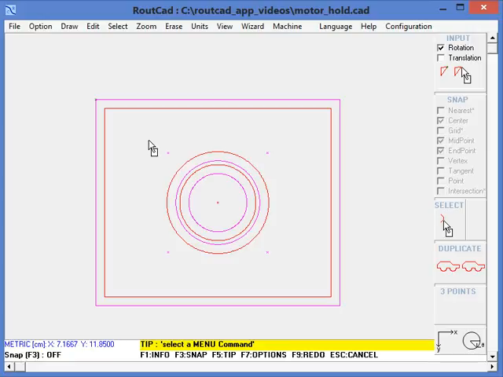In this RoutCAD application video, we will see how to design a motor mount with the RoutCAD CAD-CAM software. We have designed a motor mount and we will see how we have done that. The first thing we notice are all the lines in red. The objects in red are construction objects and they represent the physical boundary of the part that we want to